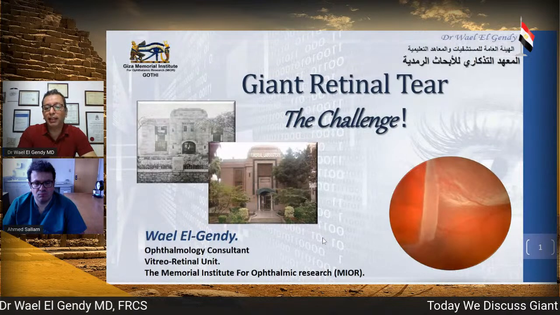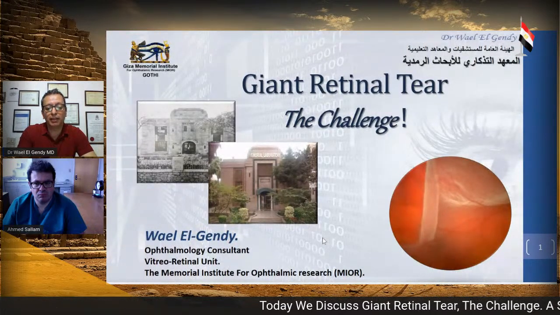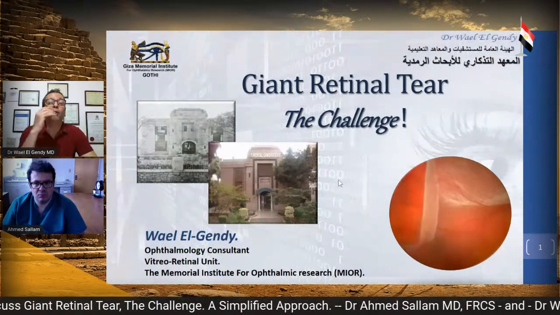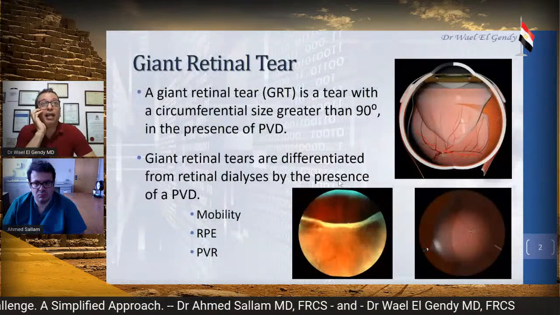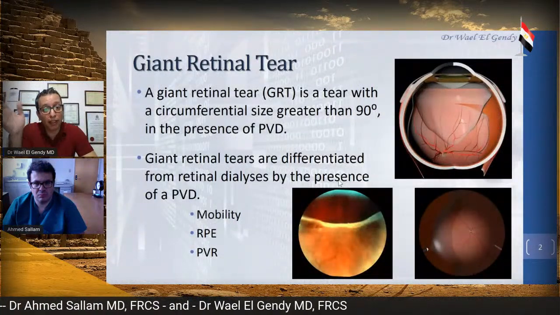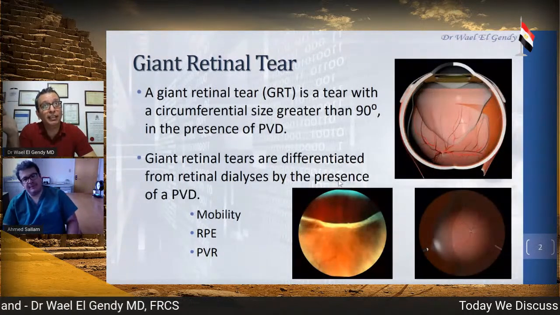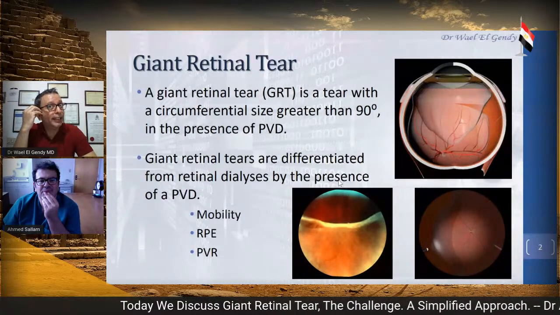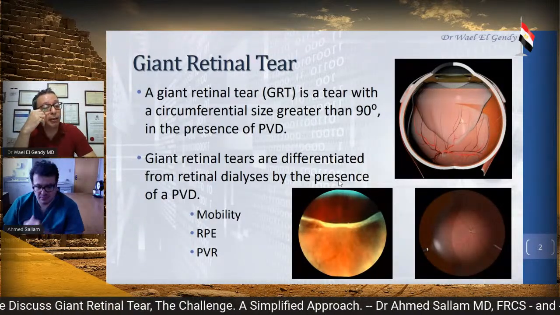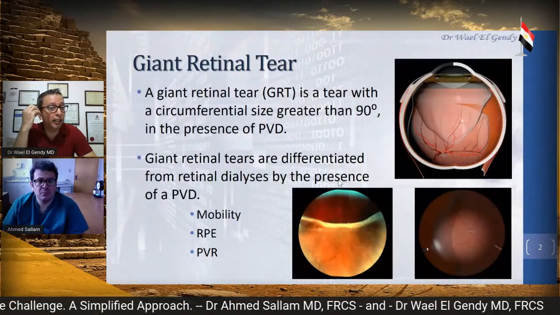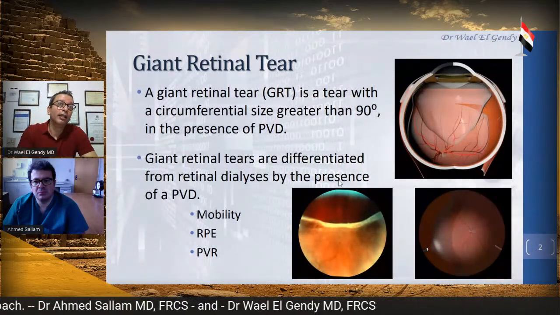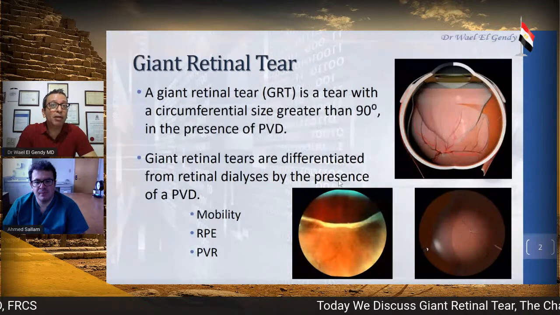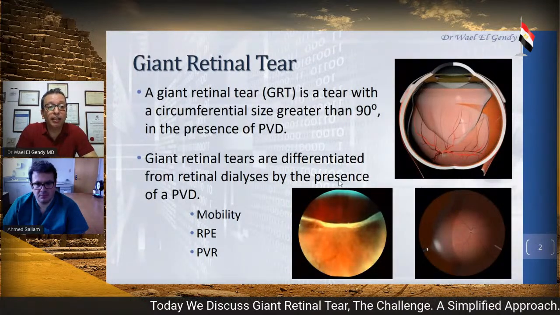We're having a good audience right now, so we can start our presentation. First, what is a giant retinal tear? A giant retinal tear is a tear that extends for 3 clock hours, which is 90 degrees, in the presence of a posterior vitreous detachment. And this discriminates the giant retinal tear from a very similar condition, the retinal dialysis. والفرق ما بينهم, the difference is critical لأن